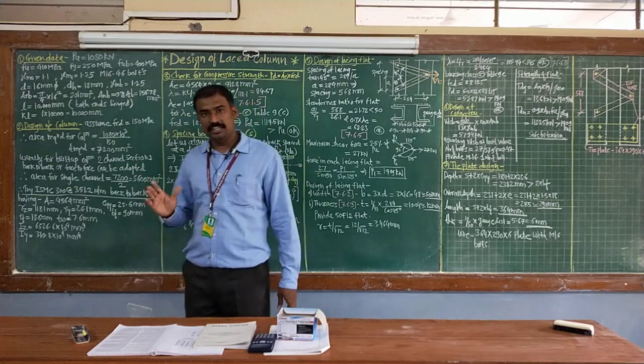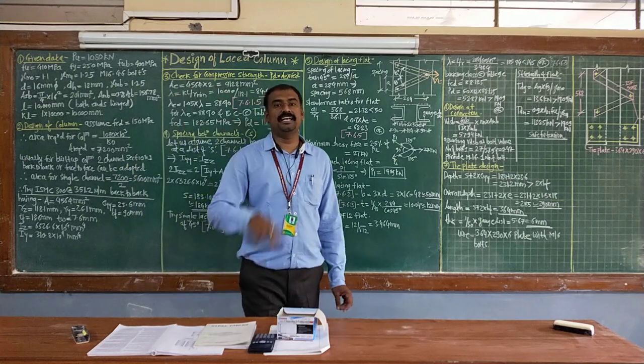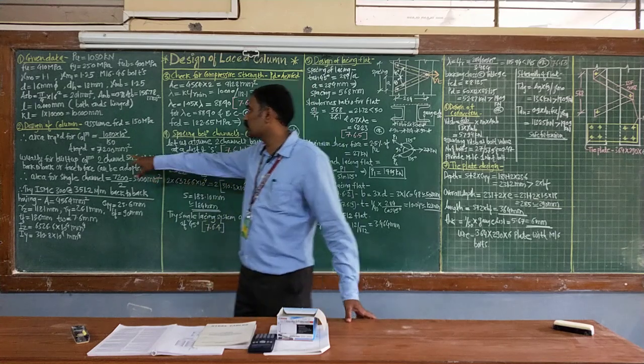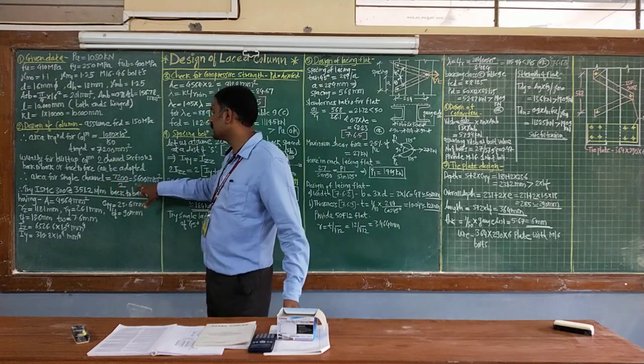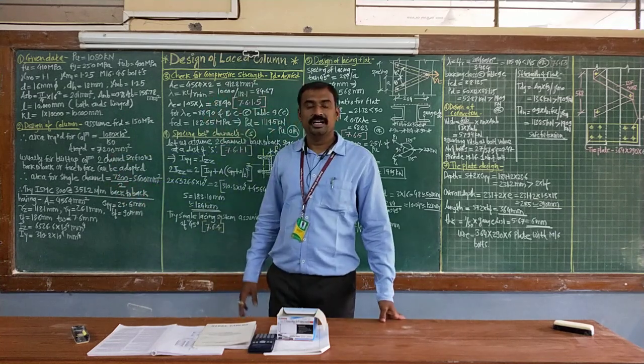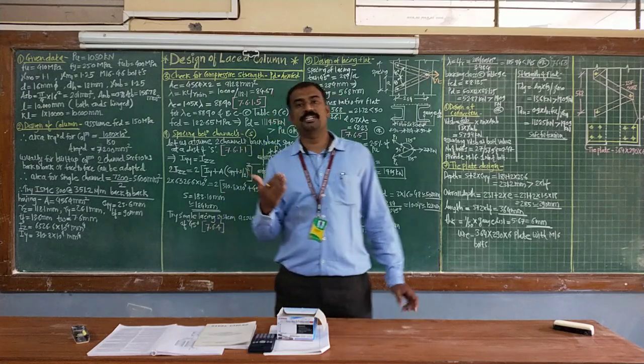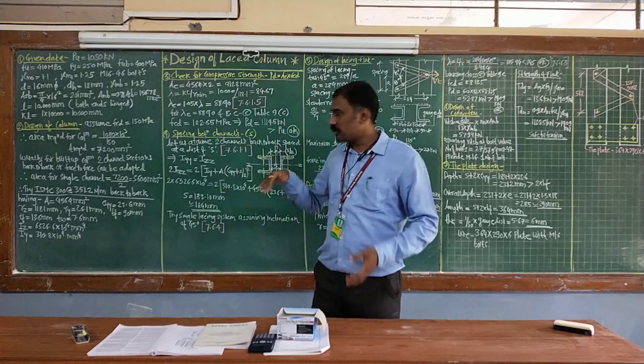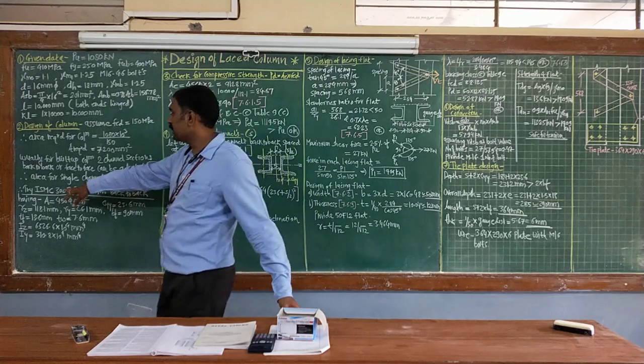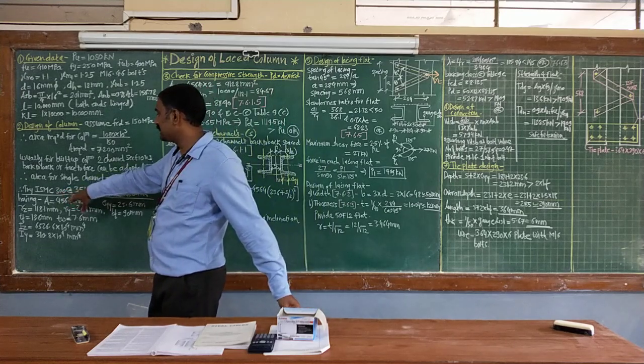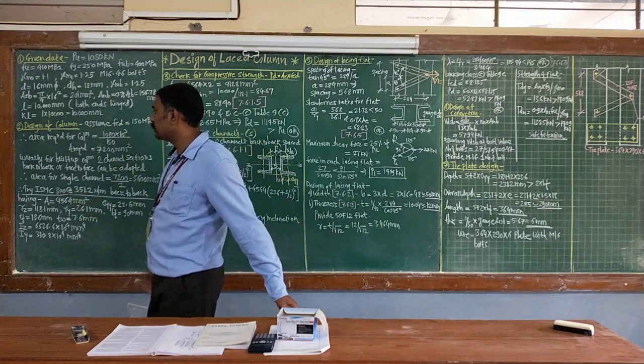While selecting in your steel table, only the single area is mentioned. So divide this total calculated area by 2 and you get 3600 mm², and certainly we are increasing the value by 20 to 25%, correct? So adopting section Indian Standard Medium Weight Channel ISMC 300 at the rate of 351.2 N/m.